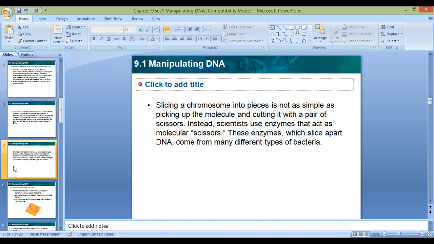They are exactly like scissors, but we cannot see them because they cut the DNA at a molecular level. Normal scissors we cannot use. Scientists use enzymes that act as molecular scissors, and these enzymes slice apart the DNA and come from many different types